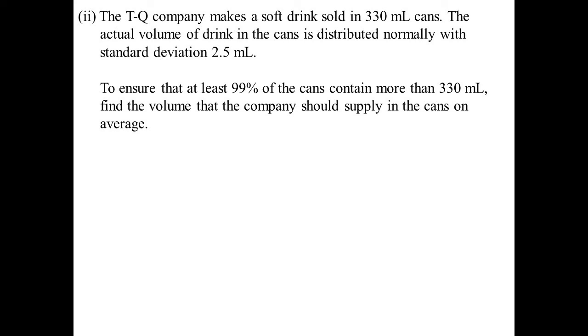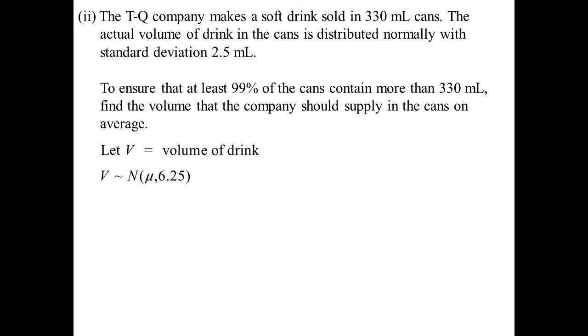Now they want to make sure that at least 99% of these cans that they're going to end up selling does indeed contain, well, more than 330 millilitres. They don't want to rip their customers off, they don't want less than. So they want more than 330 millilitres. So what should they set the machine at? So should it just be 330, or should they put it on something bigger if they want 99% to get the right volume? So V is going to represent the volume of the drink that this machine's going to shoot